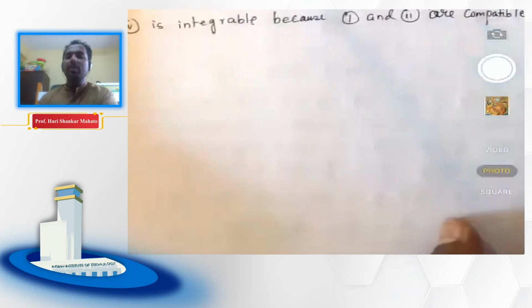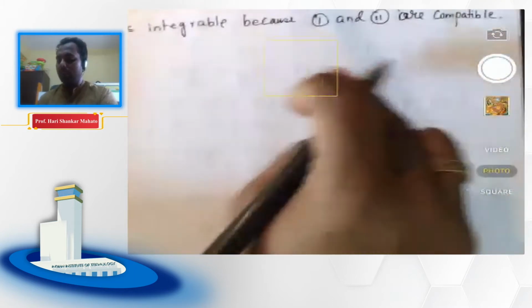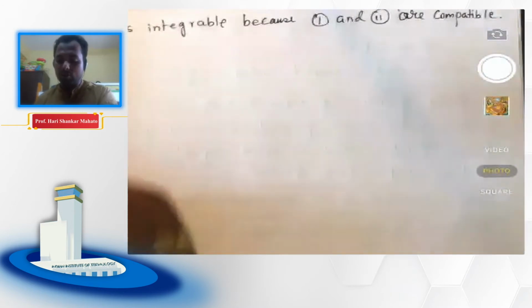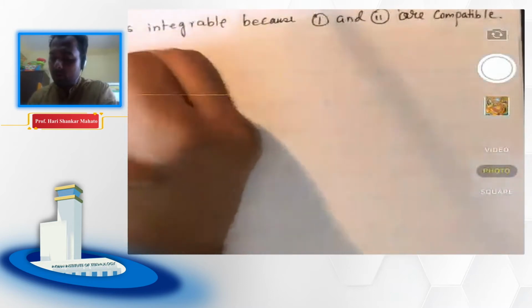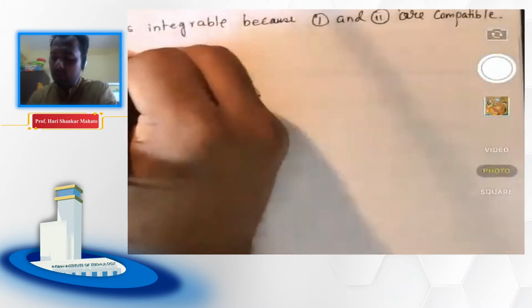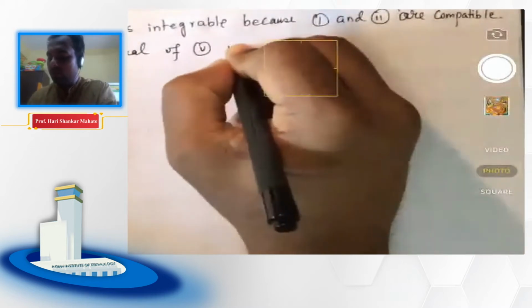According to the compatibility condition, you have a common solution, and dz equals p dx plus q dy will actually give you the common solution. So an integral, therefore an integral of 5 will be